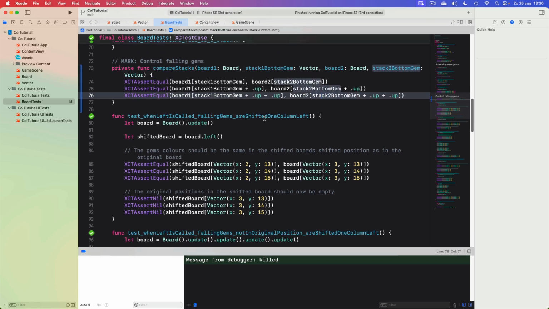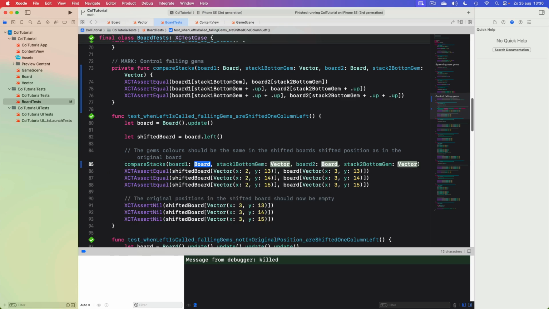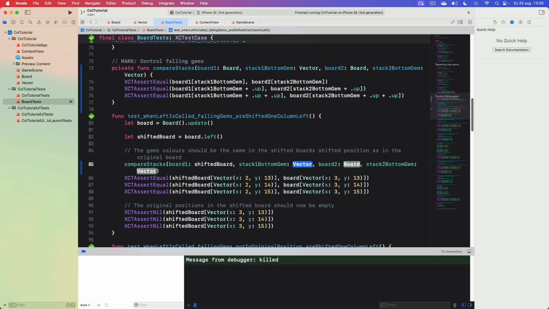And now we should be able to change all this code and call compare stacks. We will compare the shifted board at position 213, so that's this one, with the original board